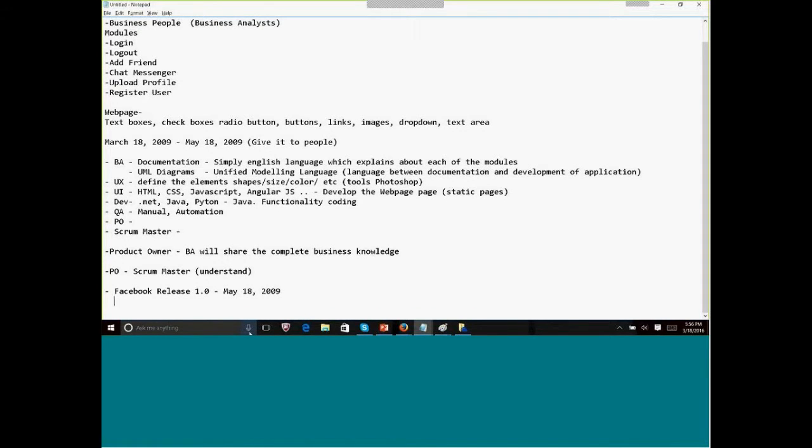So in this release, in the agile methodology, assume this is for 2 months, right? For these 2 months, they will divide the release into sprints, and each sprint will be scheduled for 2 weeks. So in our example, it will be for 4 weeks, right, guys?